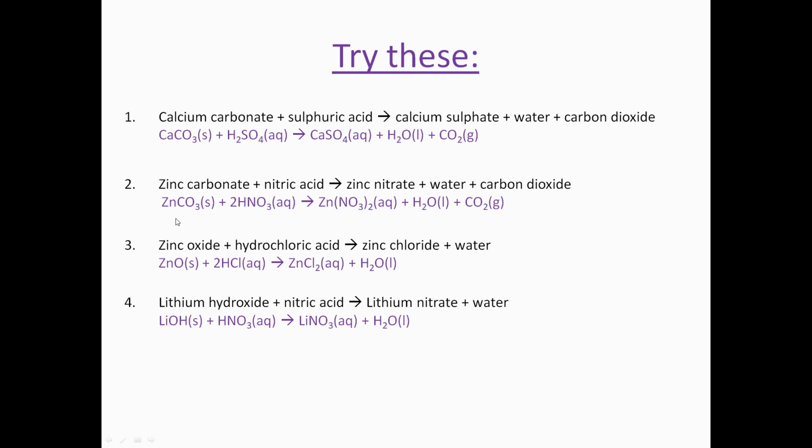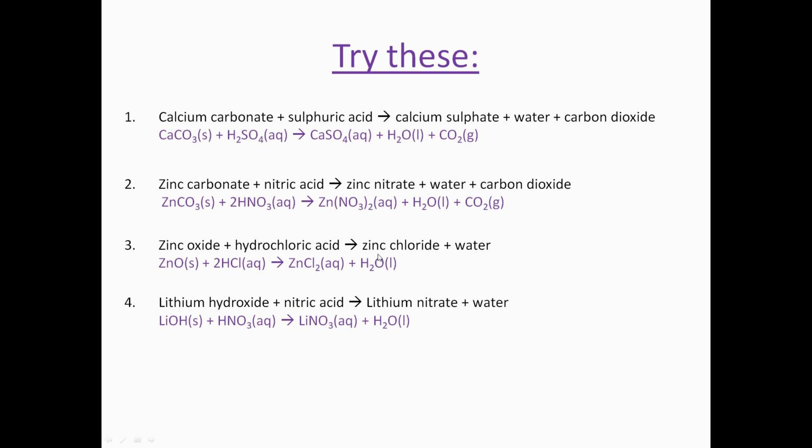In our next example, we get ZnCO3 zinc carbonate plus 2 nitric acids, HNO3, and that makes Zn(NO3)2. So we've got 2 NO3s attached to the zinc, which is aqueous, plus the water, plus again carbon dioxide because it's a carbonate. In number 3, we get our zinc oxide, ZnO, plus 2 lots of hydrochloric acid, and that makes zinc chloride plus H2O. And we can see here the 2 hydrogens from our acid are joined with the oxygen from the zinc oxide